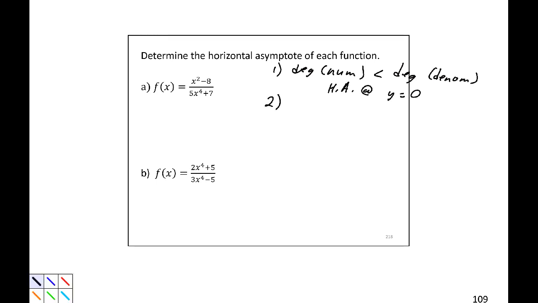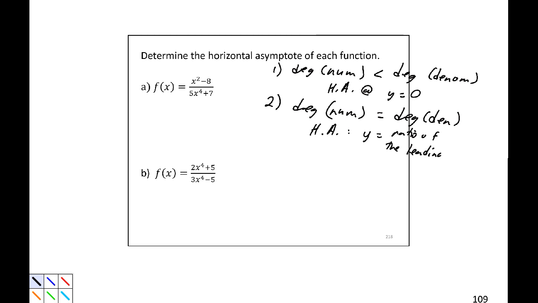let's label that properly. If the degree of the numerator is equal to the degree of the denominator, then we have a horizontal asymptote at y equals the ratio of the leading coefficients. The ratio of our leading coefficients would tell us where our horizontal asymptote is, and if the degree of the numerator is greater than the degree of the denominator,